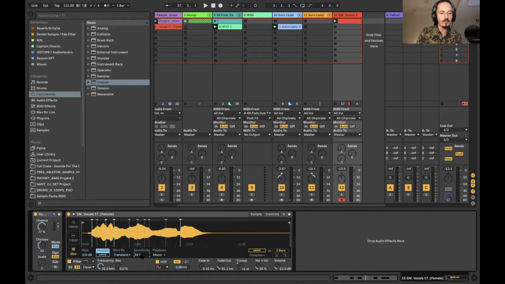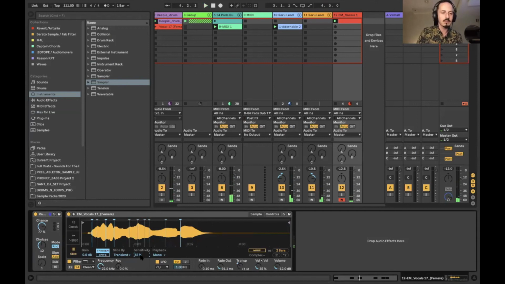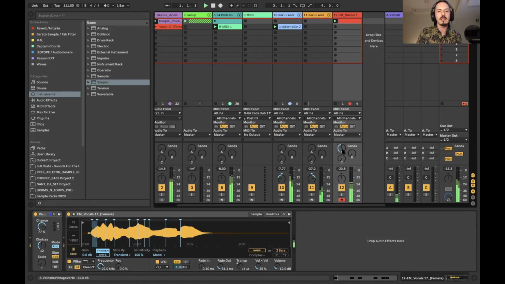So I'm going to play this with 42%. As you can see, it's less crazy. So if I increase this, a good piece of advice is to add a reverb. Here I have a reverb by Valhalla. So you're going to have like,